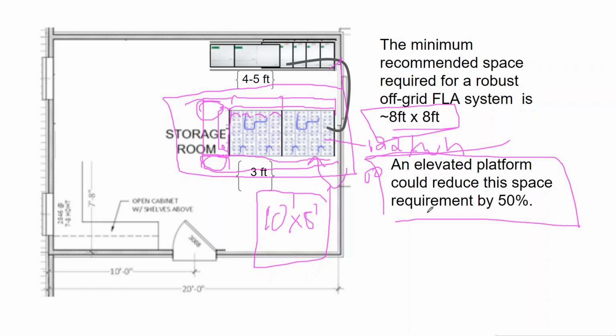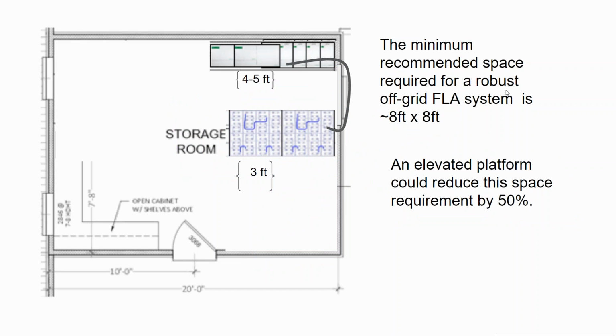Another thing you could do is build a liftable platform, and you go 6.5 feet up, put another platform there, and just keep your batteries kind of out of sight, out of mind, although they're very heavy. So, if you're an engineer, maybe that's something you can start doing, is putting kind of unistrut-based battery hoists in the garage so that you still have working space underneath, and put the batteries up above the rest of the system on a platform.